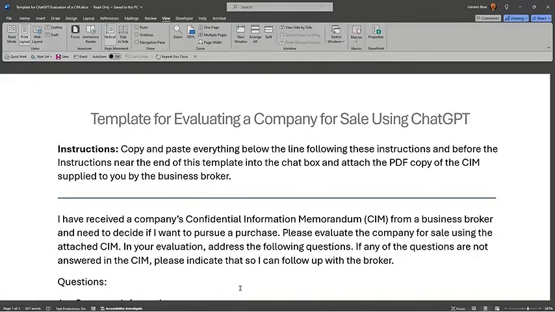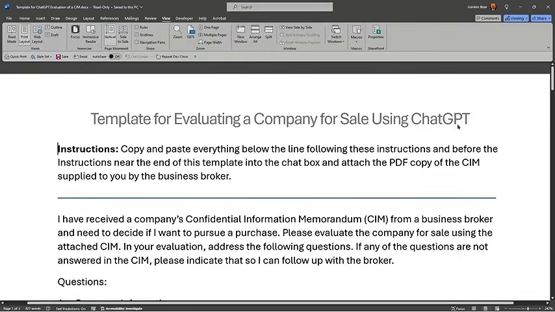Document that I'm going to be going over today, because that document is going to become the key to how you extract all of the information that you want, ways to handle that information on the company that you're looking at. You're going to have a marvelous tool at the end of this webinar to be extraordinarily proficient at evaluating a company. All right. Now you'll notice at the top here, it says template for evaluating a company for sale